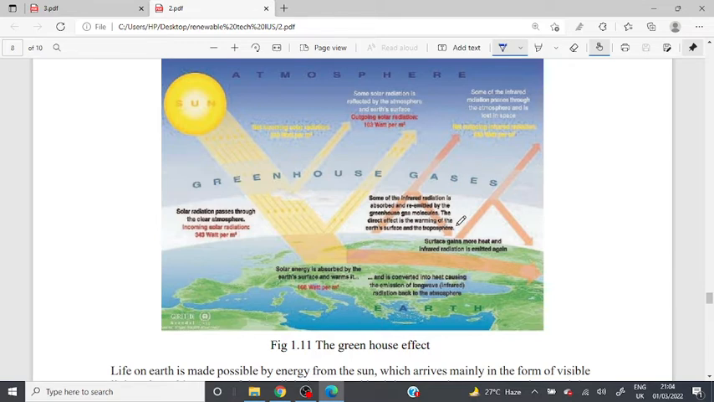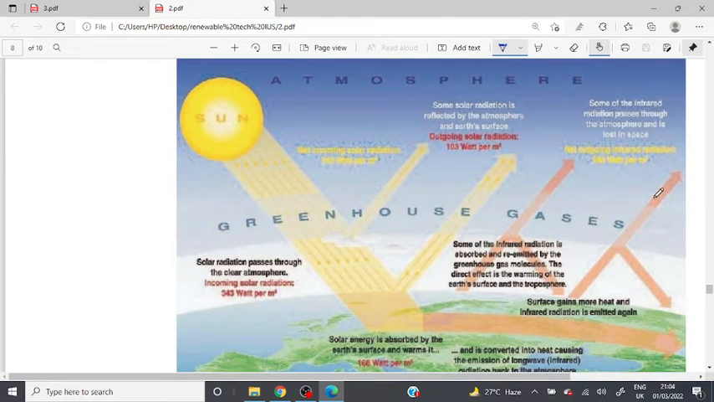So when the radiation comes through and hits the troposphere, a lot of it gets absorbed, some of it gets reflected, and then some of it gets through the troposphere and enters our lower atmosphere. Some of the infrared radiation passes through the atmosphere and is lost in space. Most of the infrared radiation going out is approximately about 40 watts per meter square,